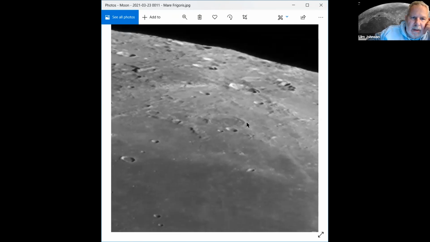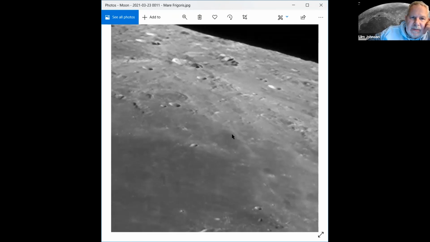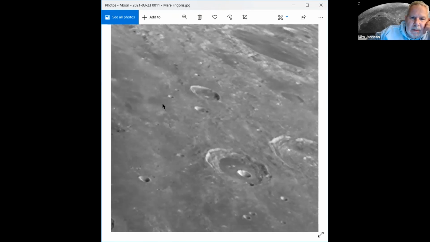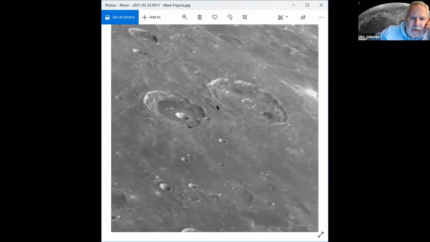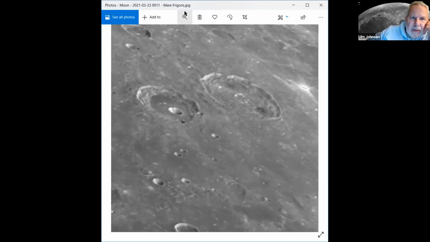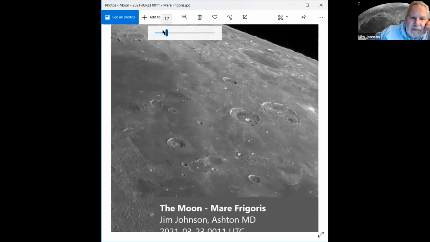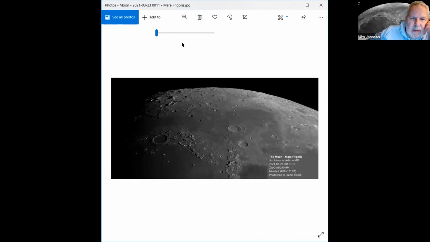I just, the light was different. I just didn't emphasize it as much. But so the same technique, I just didn't do as much contrast. So that's what you can do with lots of images put together. I hope to one day do one of the full disk of the moon at that scale and have it printed. That's all I have on that one. Any questions? That's just very great.